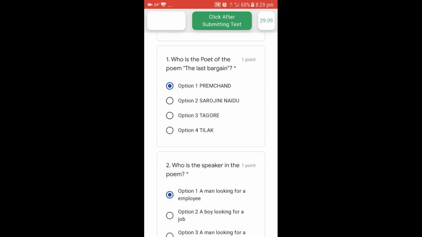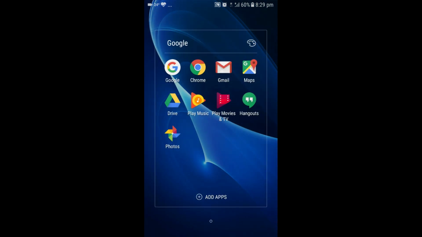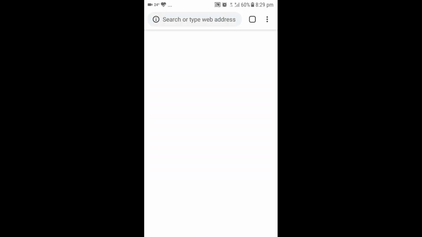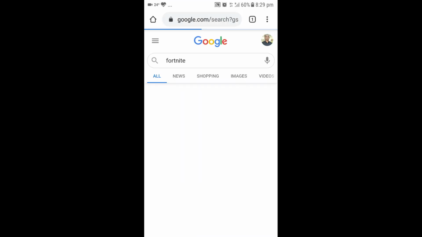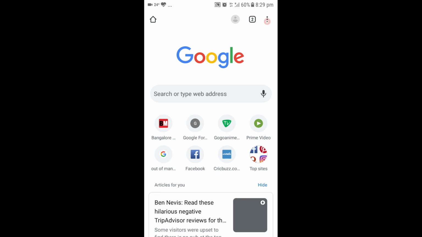Now let me open another browser. Let me minimize this, and then let me open Chrome, and then open another Chrome browser. Let us see whether auto proctor will capture all this or not.